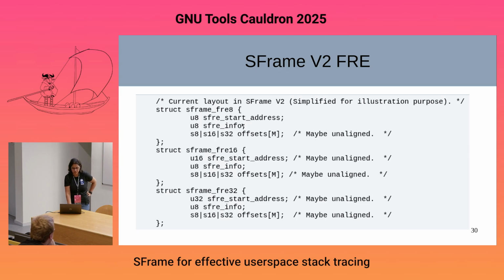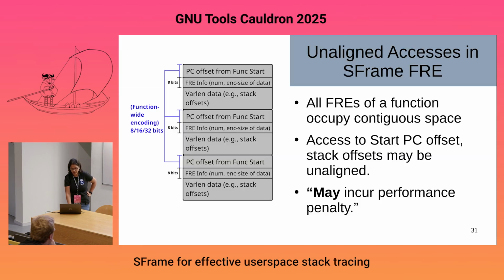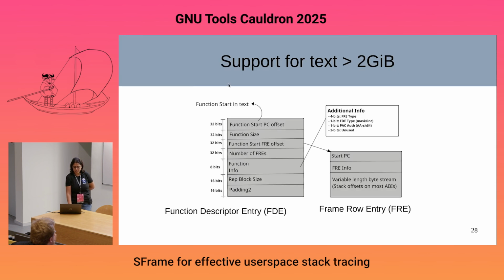So you could choose an FRE where the start addresses do not need more than 255 bytes and so forth. But all the offsets are encoded as varlen data, like trailing bytes in each FRE. So I'm trying to drive at where the unaligned accesses are coming from. Unaligned accesses are coming from basically accesses to these PC